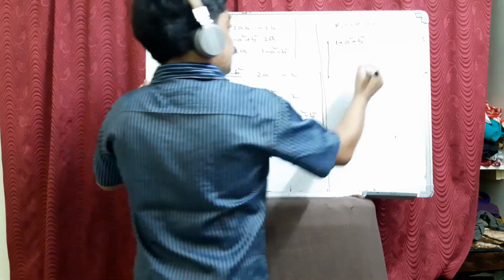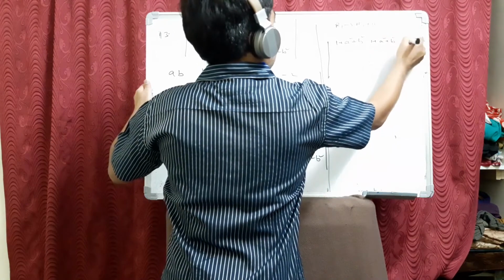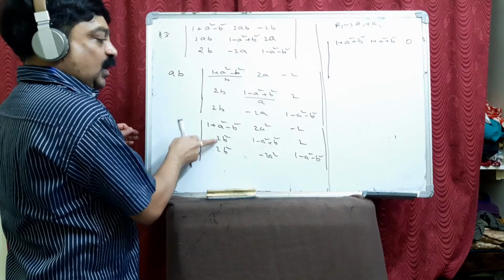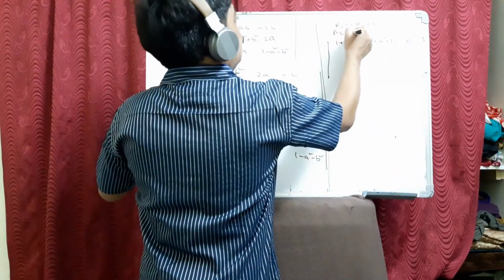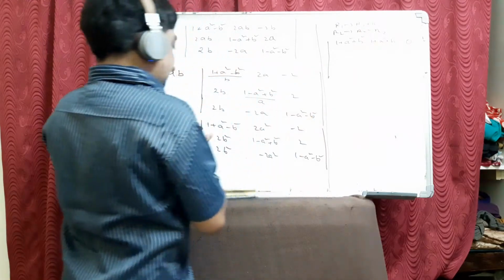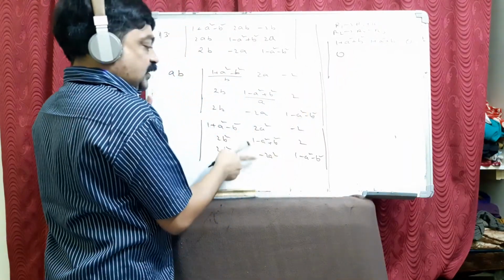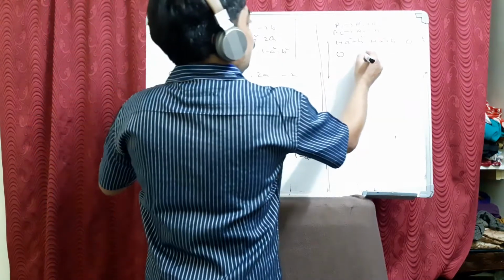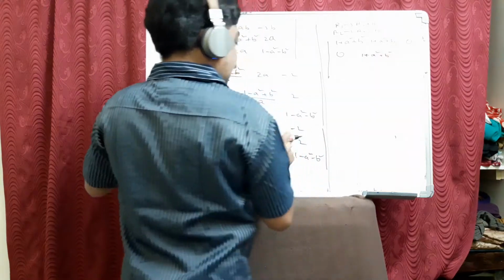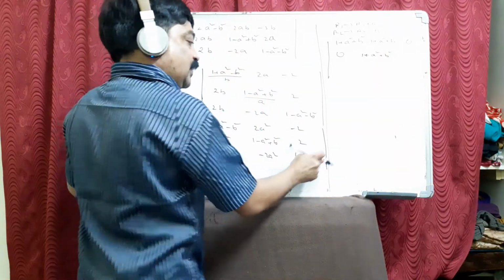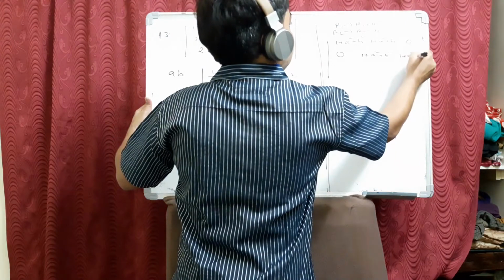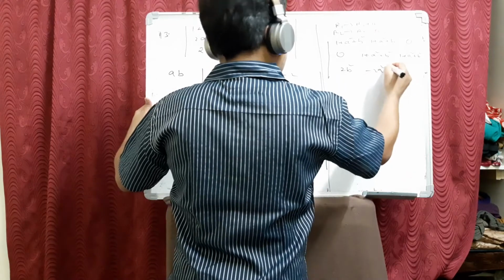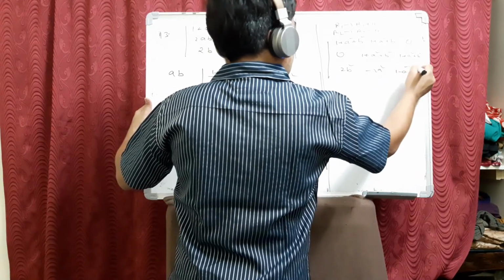When you add this to this also, 1 plus a square plus b square, 0. And when you subtract R2 to R2 minus R3, you get the same thing, 0. This minus this minus this means plus 2a square. So it becomes 1 plus a square plus b square. And this minus of this, it becomes 1 plus a square plus b square again. So both you can do, because 2 operations are allowed in one step.